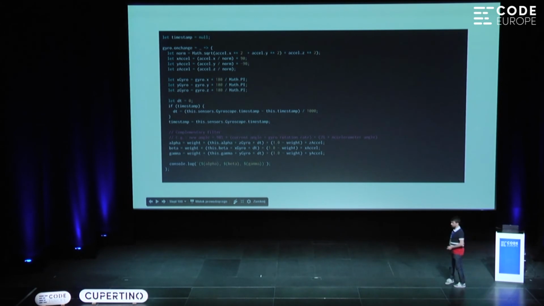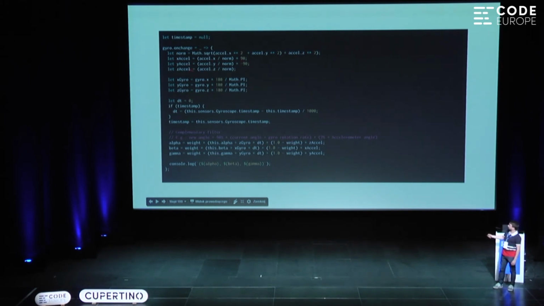It also has an accelerometer, which senses linear acceleration, so how you're moving it. There you really want a lot of events all the time. Otherwise, when you're shaking it, it's not responsive. So it's kind of the opposite. People figured out that if you combine these two, you can get really good readings. So you could do something like an orientation sensor. What I'm doing here is exactly that.